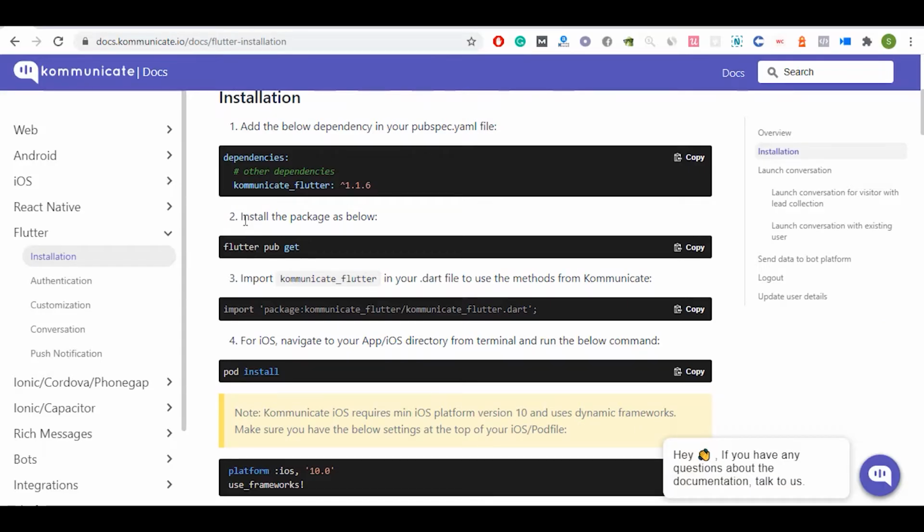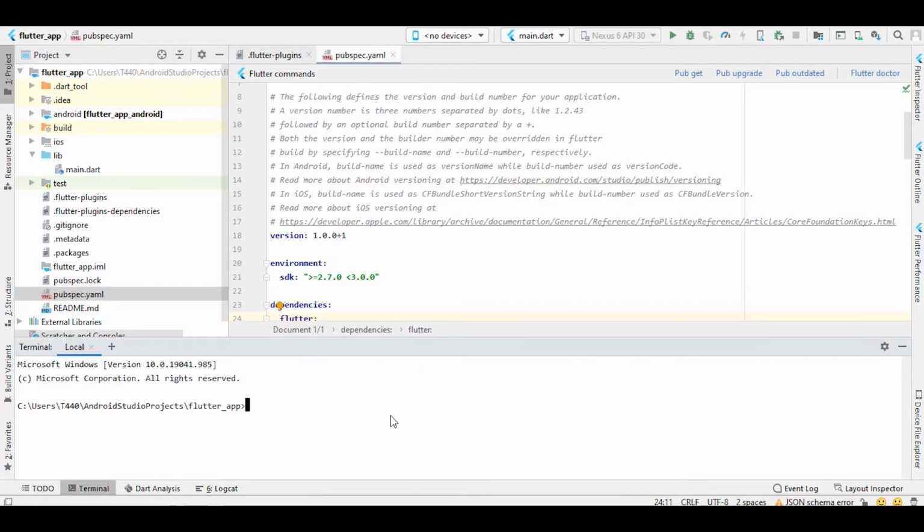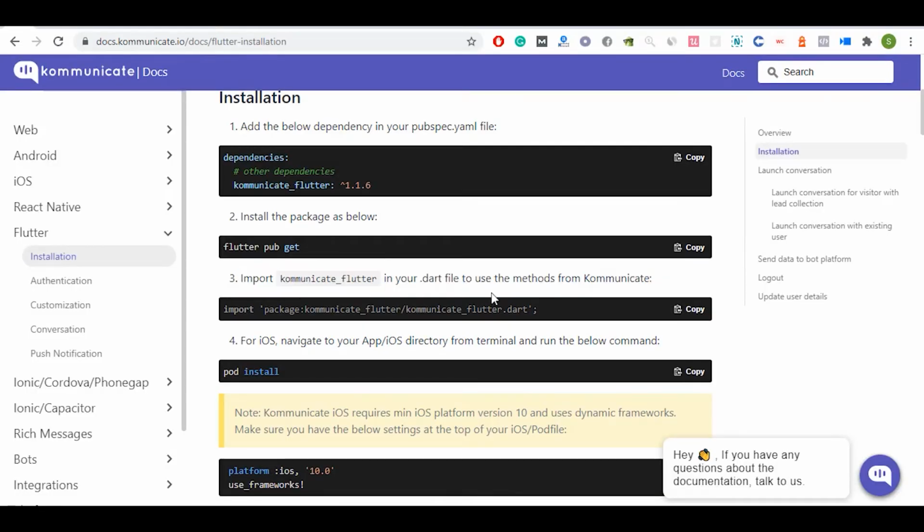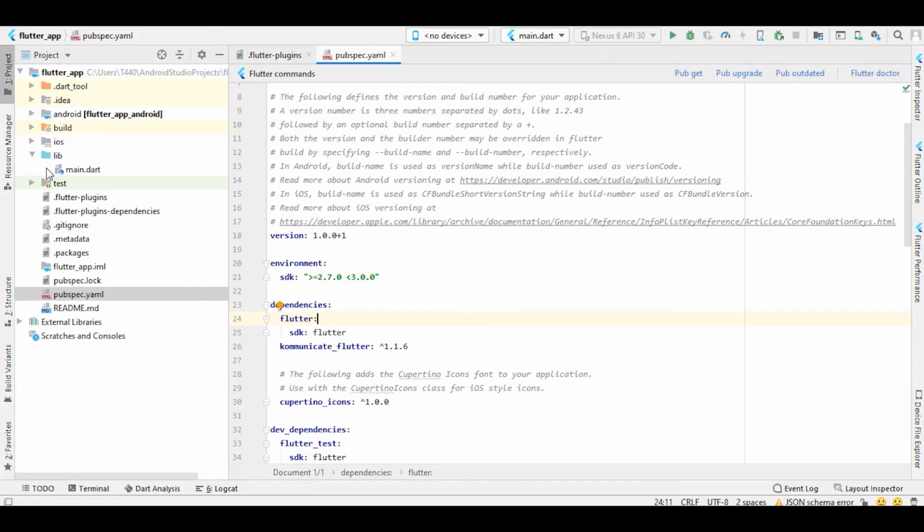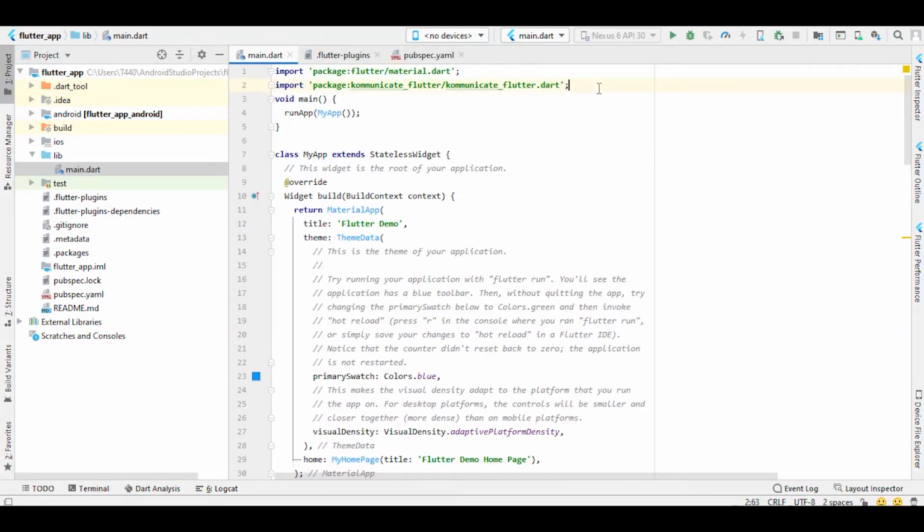Now, to install the package, use the following command in the terminal. Just enter this command and press enter. Wait for it to finish processing. Once done, the next step is to import kommunicate_flutter in your .dart file to use the methods from Kommunicate. For that, just copy this command, then open the main Dart file for your app and paste the command in this